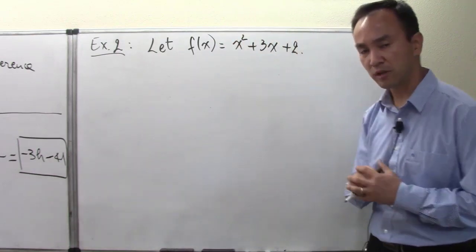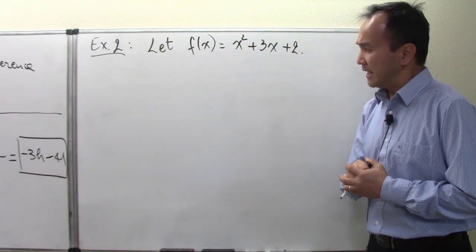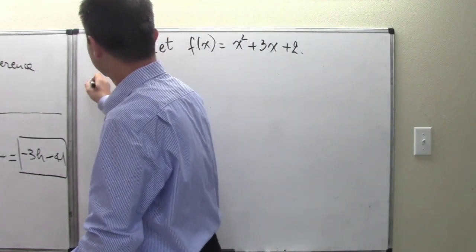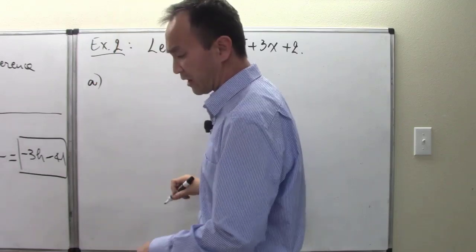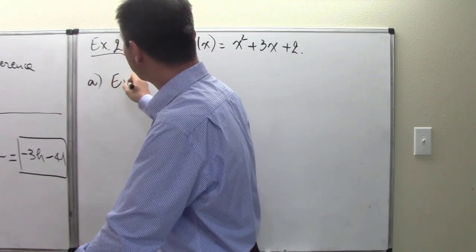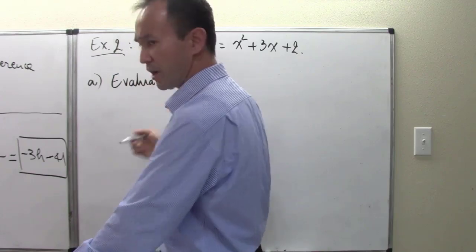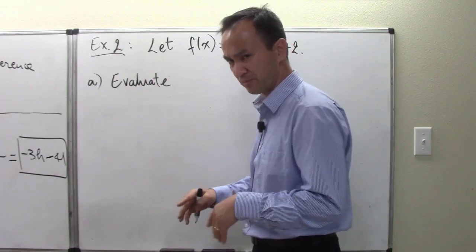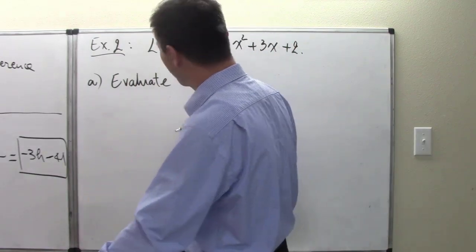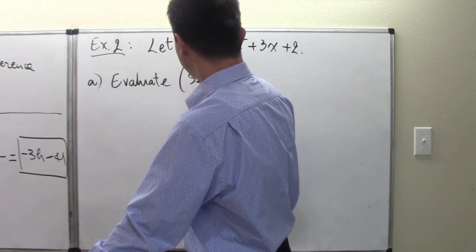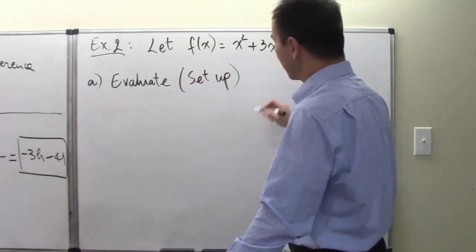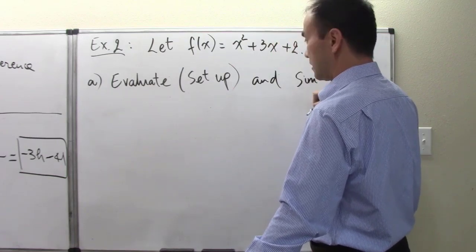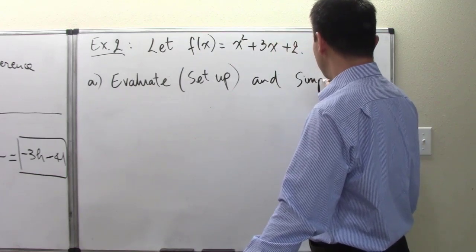With that given function, part A: let's evaluate, and if we need to set up, then go ahead and set up before the evaluation. You kind of see where I'm going. So set up, evaluate, and simplify